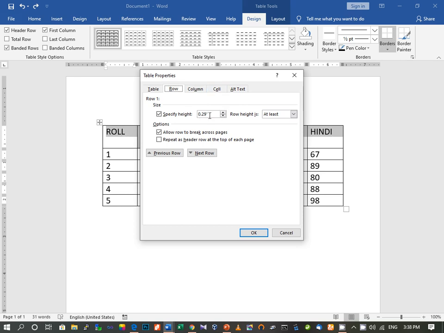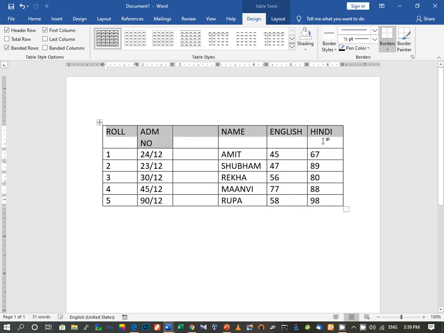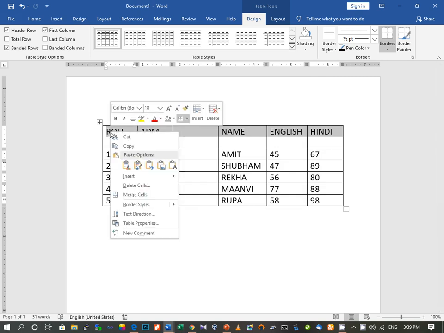Suppose this is 0.29 inches it is given, so I'm going to increase. Here you can see I have changed this, so this will be too large, so I'm again going to reduce this. So this is how we can change the row height. Once again I'm showing, right click over there, go to table properties.